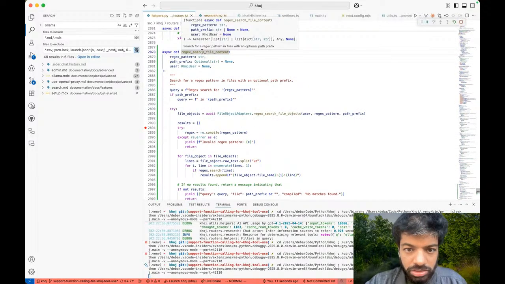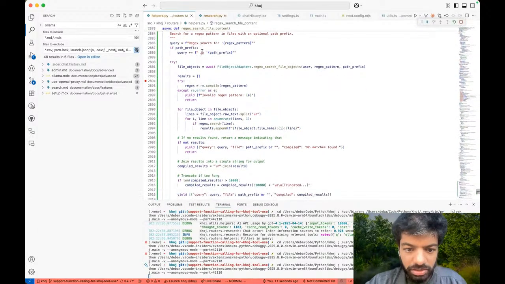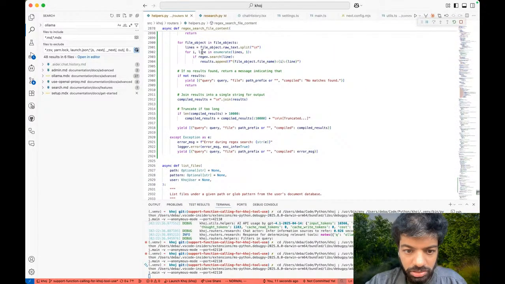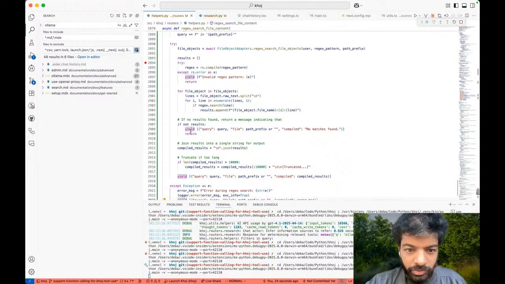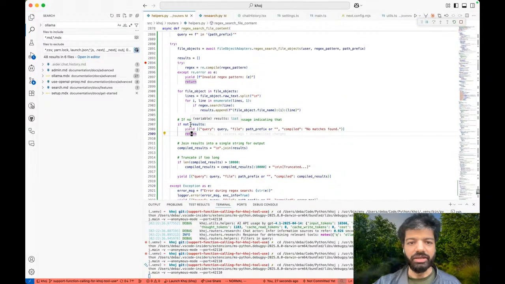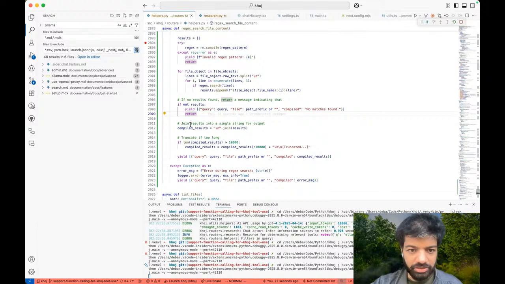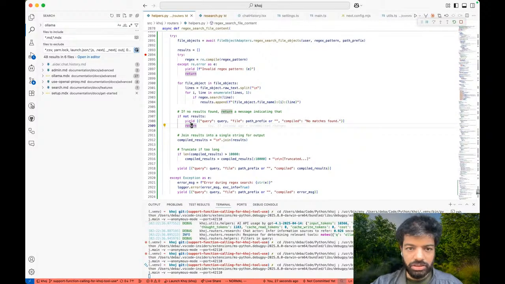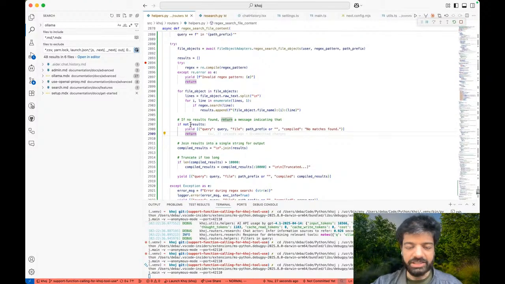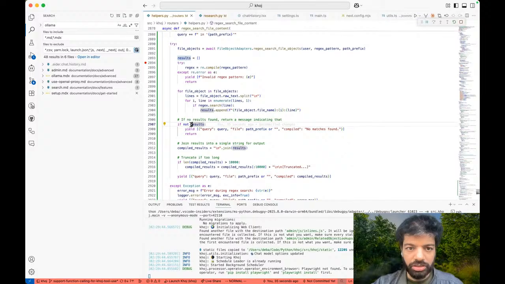This should return a list of dictionaries or string. That's correct, or a list of strings. Is it returning a list of strings? This yield return pattern is for async, like a generator or iterator model.